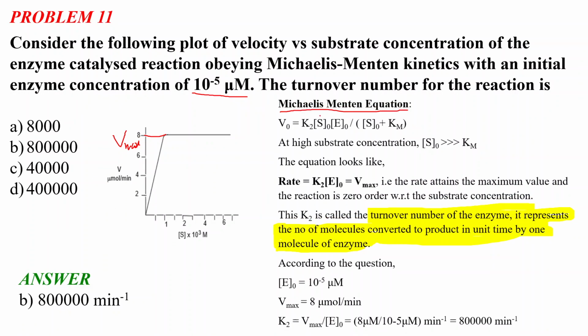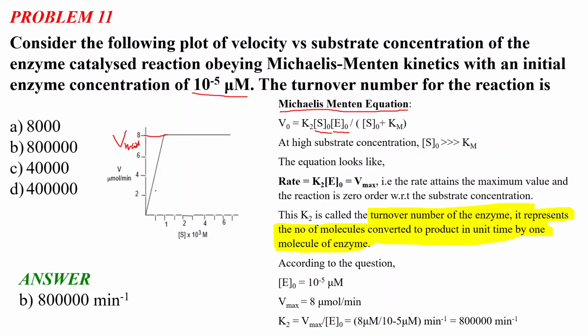Sorry. So, this is V0 equal to k2 S0 E0 divided by S0 plus Km. Now, what is S0? It is the initial substrate concentration. Okay. The initial substrate concentration is called S0, and E0 is the initial enzyme concentration. So, now at the just beginning of the reaction, at the high substrate concentration,